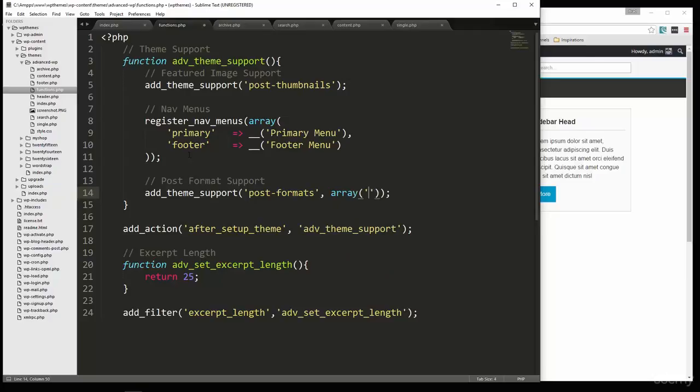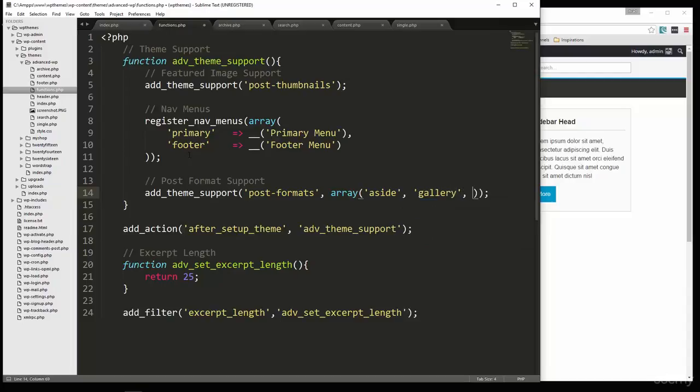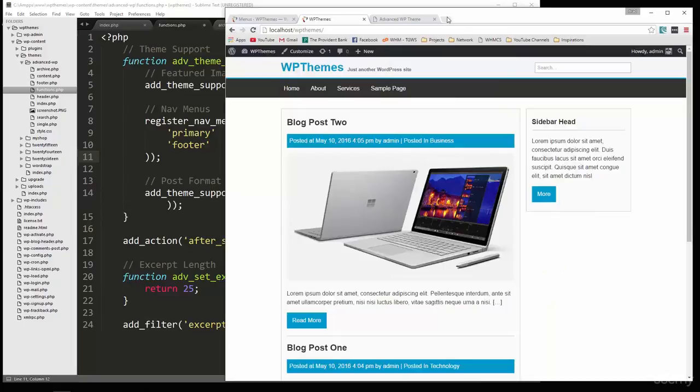So I'm going to choose 3. We're going to take aside, gallery, and link. All right, and if we look at the documentation,